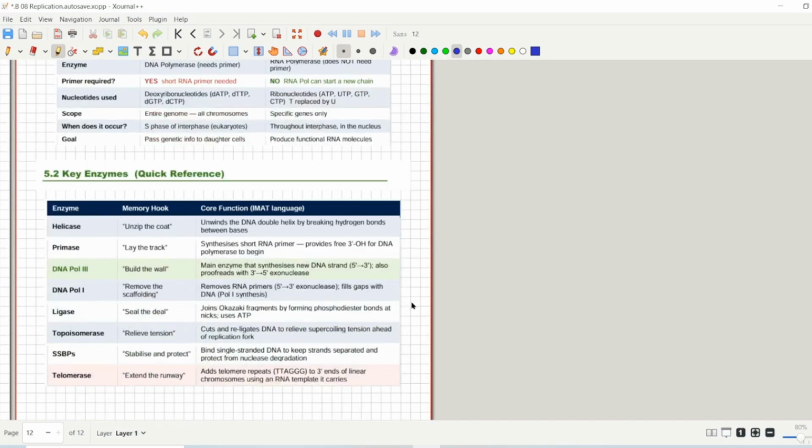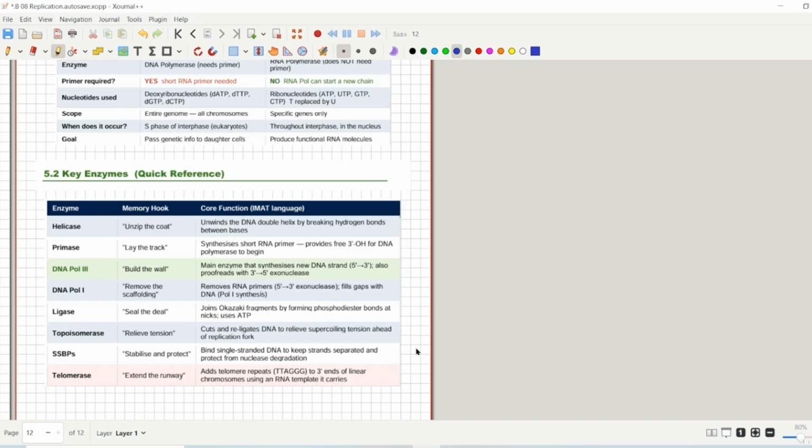And if we talk about enzymes, the whole quick reference is in front of you. I have made small mnemonics so that you can memorize the enzymes. Helicase is the enzyme that unzips the code, while primase will lay the track. It will give you the RNA primer, so that you know that this is the place where the replication will start. DNA polymerase 3 will help you build the whole wall of DNA, while DNA polymerase 1 will remove the RNA primer, and then ligase will seal the Okazaki fragments,